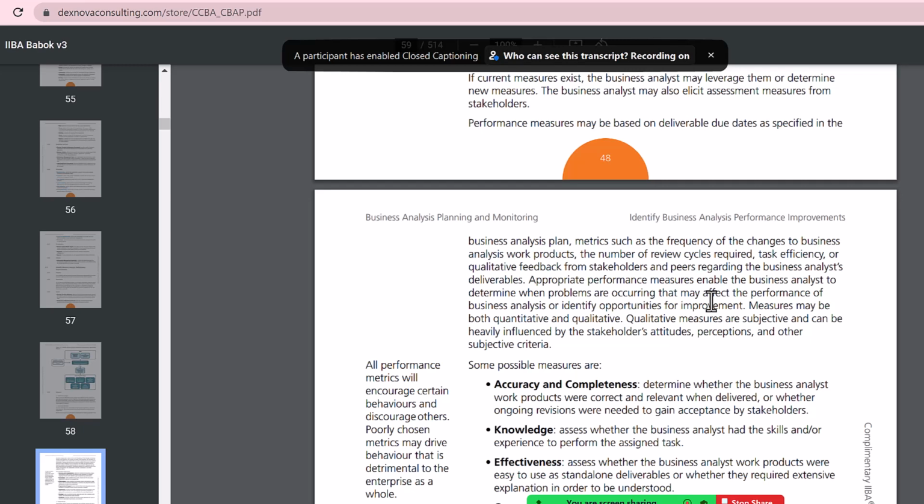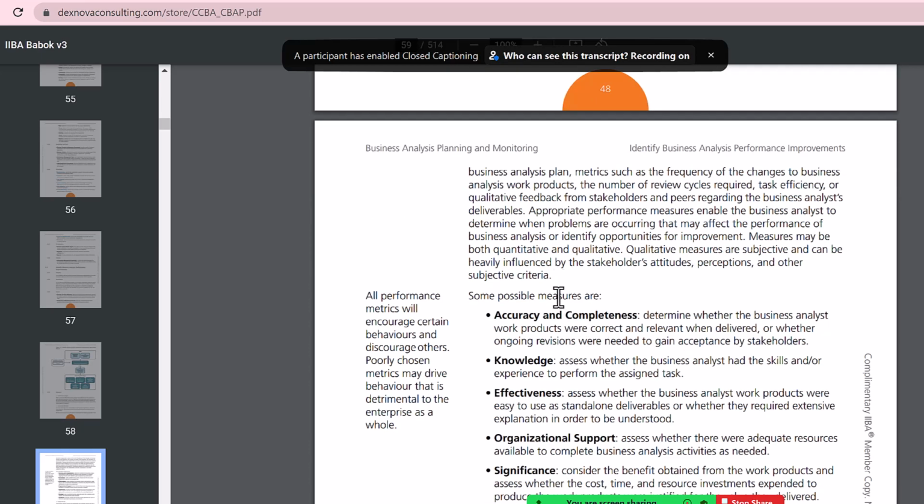So I know that you are a lead BA, but your performance has to be constantly evaluated. Whenever you gather requirements, make sure you talk with everybody, and ask them to review your requirements and make sure they are correct. So appropriate performance measures are very, very important, because you may be heavily influenced by